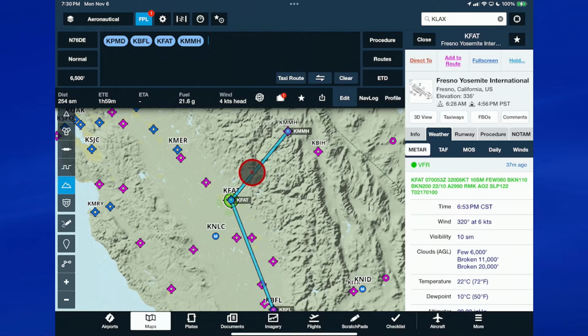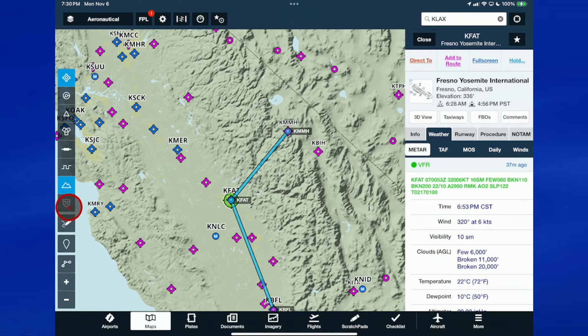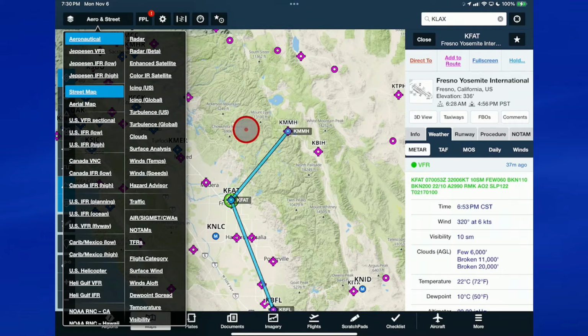So now I'm at a point where I'm doing some minimal mountain crossing, and I happen to know that there's a valley here that's a little bit better. How do I know that? Not from experience, but because I looked at the roads. See this highway marker sign right here? We can turn that on and see highways. But even better than that is to go to the Layers tab and select Street Map. And now you can actually see them.